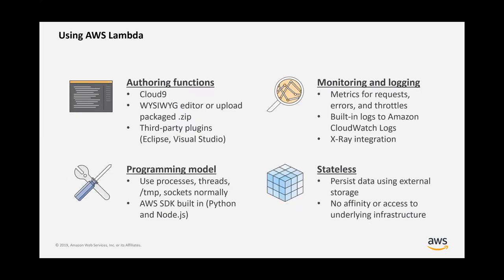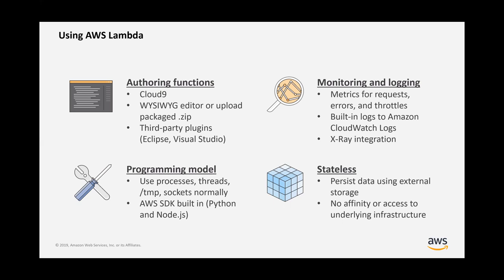There are a lot of IDEs and programming models. Cloud9 is an IDE provided by AWS also, which you can use to edit your function. You can also use your own SDK, or the serverless application model. You can either write your Lambda function on the cloud directly, or write it in your IDE, package it, and upload it to AWS Lambda.